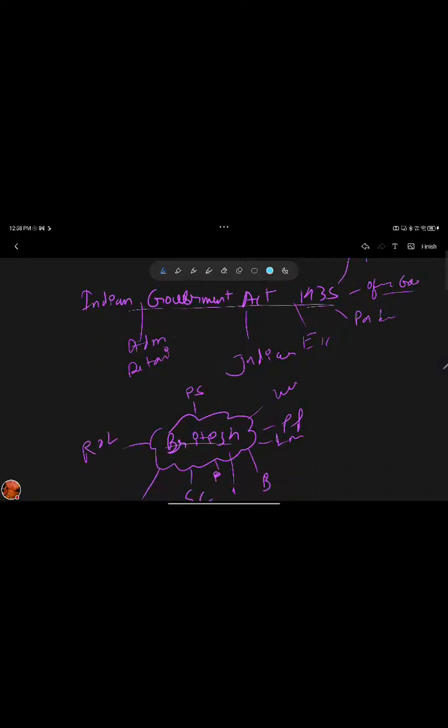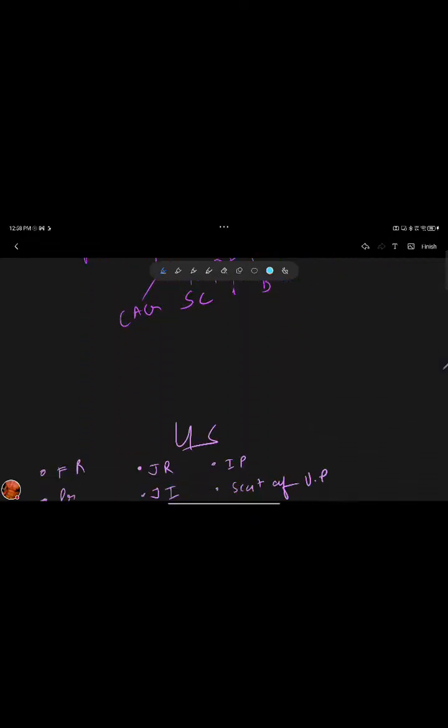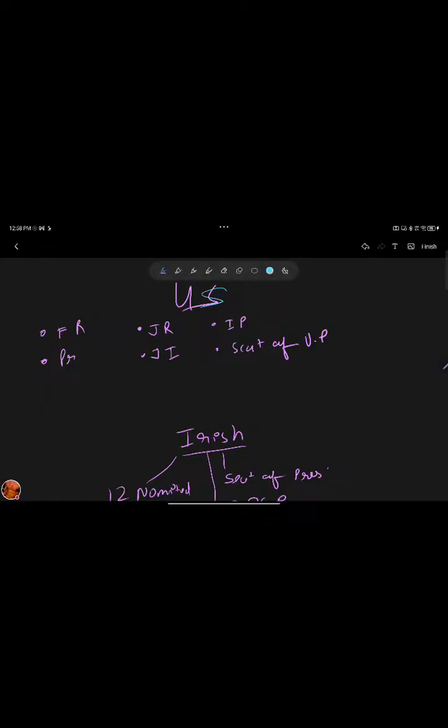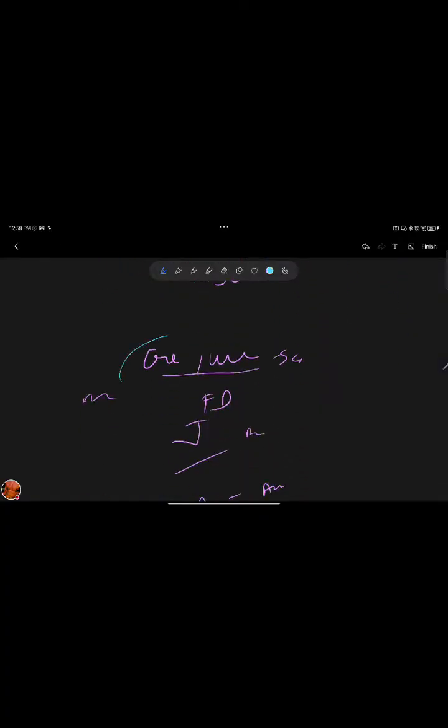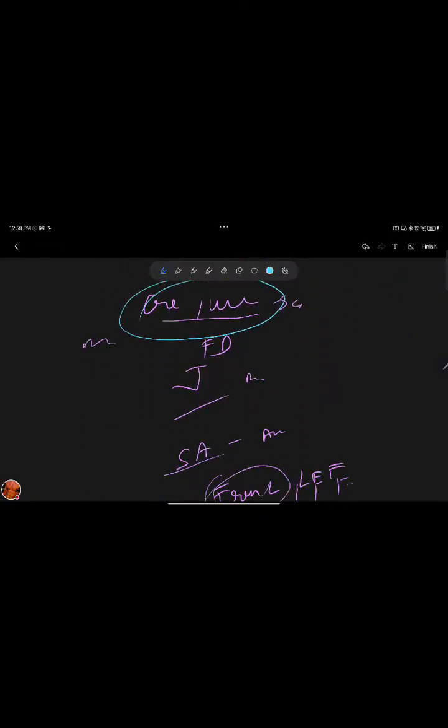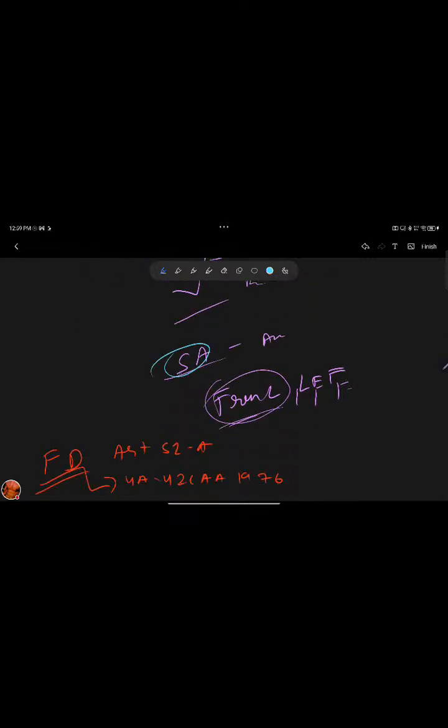Then this is Indian Government Constitution Act, then British, what we took from British, then what we took from US, then what we took from Irish. I talked about that. I talked about Canada too. I talked about Germany, and its other name is Weimar. Then South Africa, then France, and we also talked about Japan.